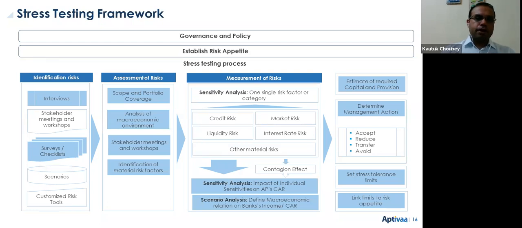The extent may vary, in the sense that one particular institute may be more exposed in terms of its market positions and would have a higher market risk, whereas the other institution may have a very limited market risk, but probably more credit risk on account of its loan book and its lending profile. So with this, the bank first